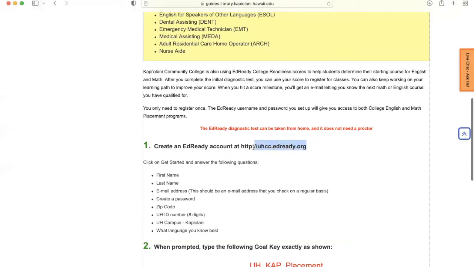So you want to highlight, cut and paste to get to the EdReady website. Again, it's very important that you use this website over here. We've had students go to different EdReady websites, and unfortunately, we cannot retrieve that information. So it is very important when you're taking your EdReady placement test with the University of Hawaii Community Colleges to use this website that I've highlighted over here.